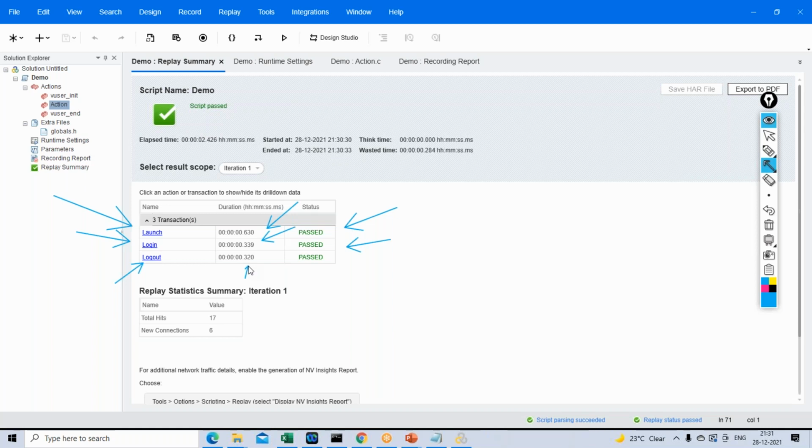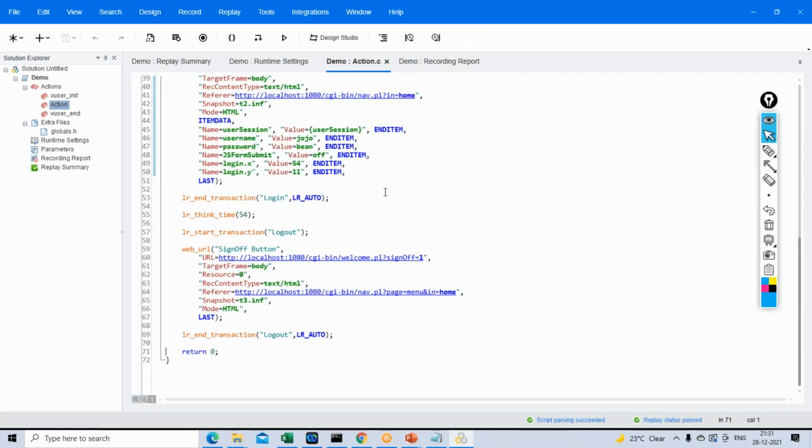So this is the advantage of using a tool. Now this script, whatever we generated, I can run with multiple users, like 200 users, 300 users, 1000 users, 2000 users, whatever it is. When all those users simultaneously run this script, we are simulating a real-time scenario, where multiple users are trying to access the application, log into it, and then log out of it. Then we analyze how this application is responding.